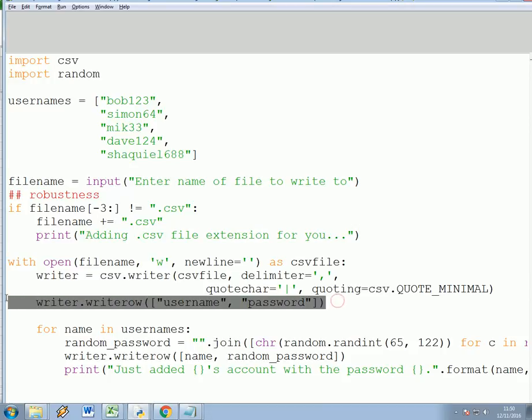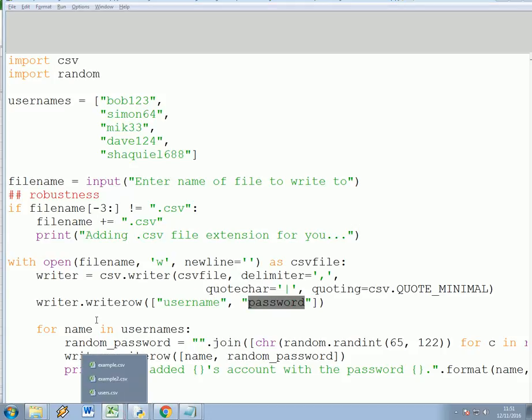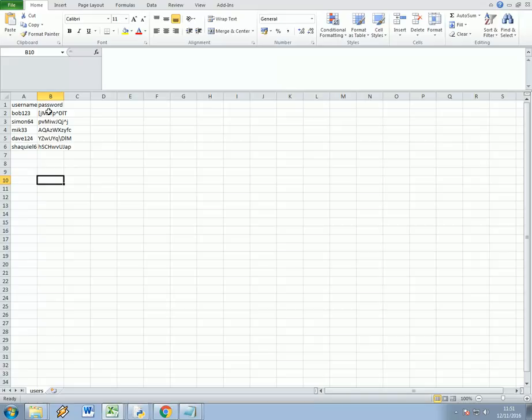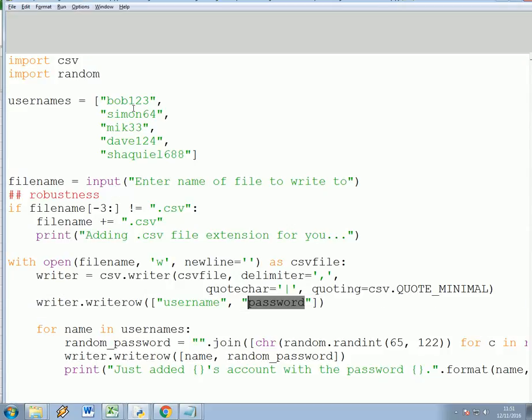Okay, so moving on to this next bit, exactly like the last example, I'm opening the file, and then first of all I'm writing the column heading. So I'm using the writerow method once with just a username and password, and this is what adds the headings at the top of the spreadsheet here. This next bit is the bit that's using a loop. Okay, so I'm using a loop to loop over each username, and just like I can use a loop to print a series of values,